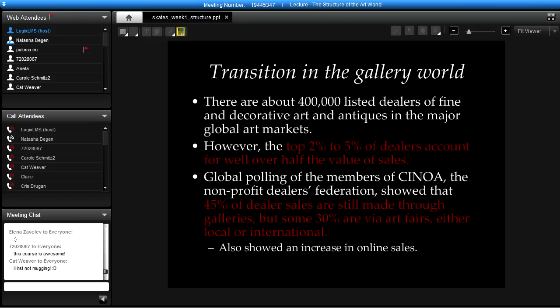Other galleries that have also expanded internationally include Hauser and Wirth, Pace Gallery, which has galleries in New York, London, Beijing, White Cube now expanding both in London and in Hong Kong, and so on and so forth. So you have a